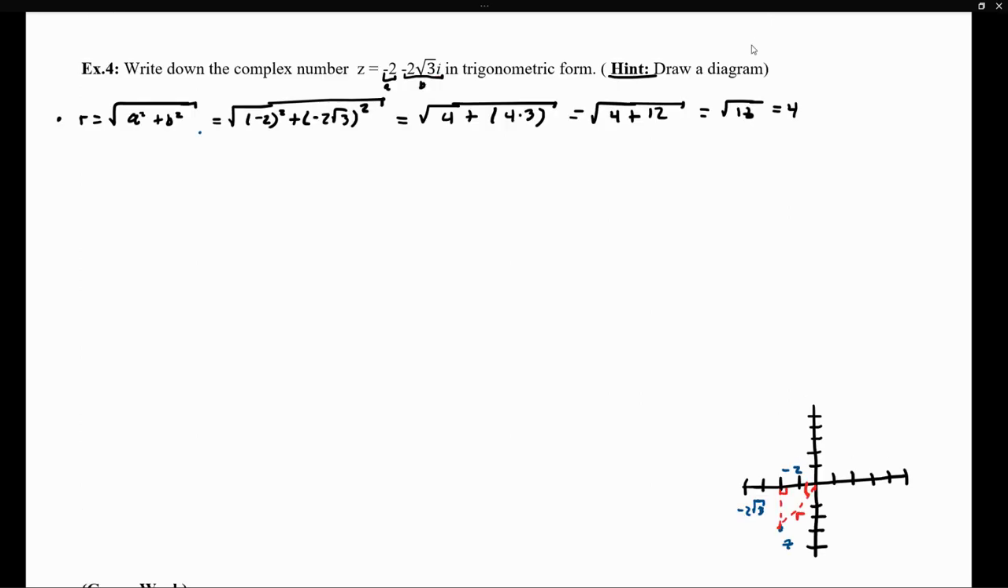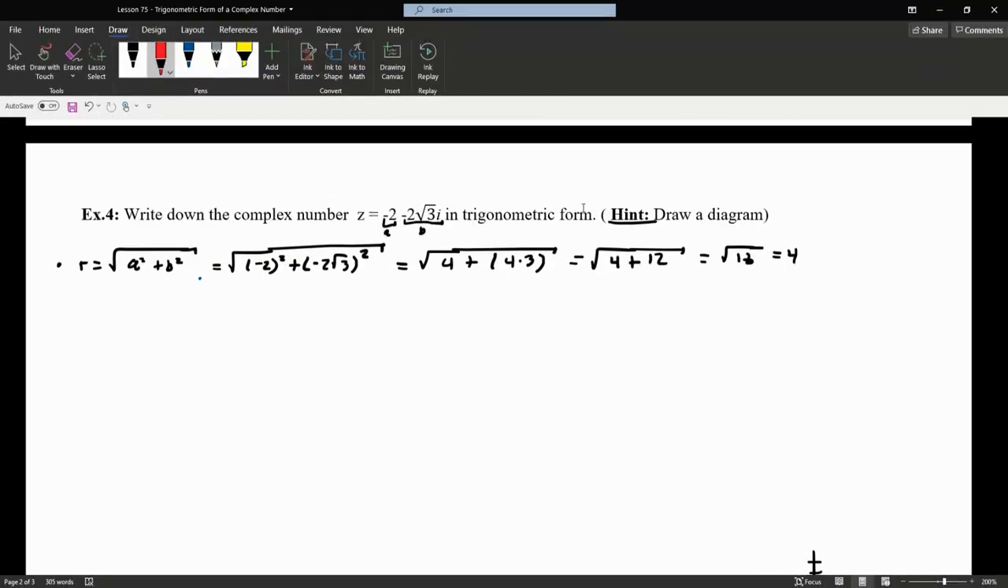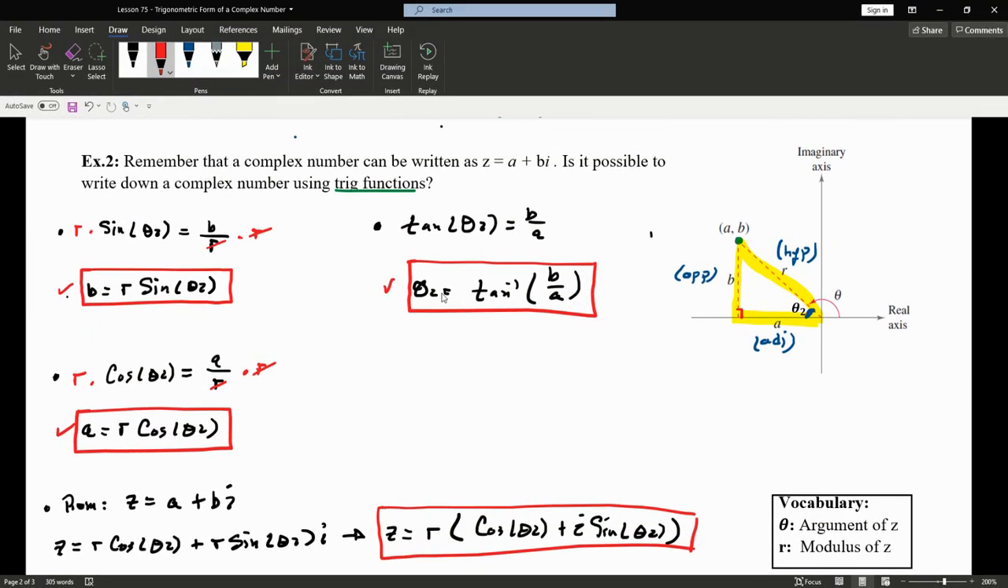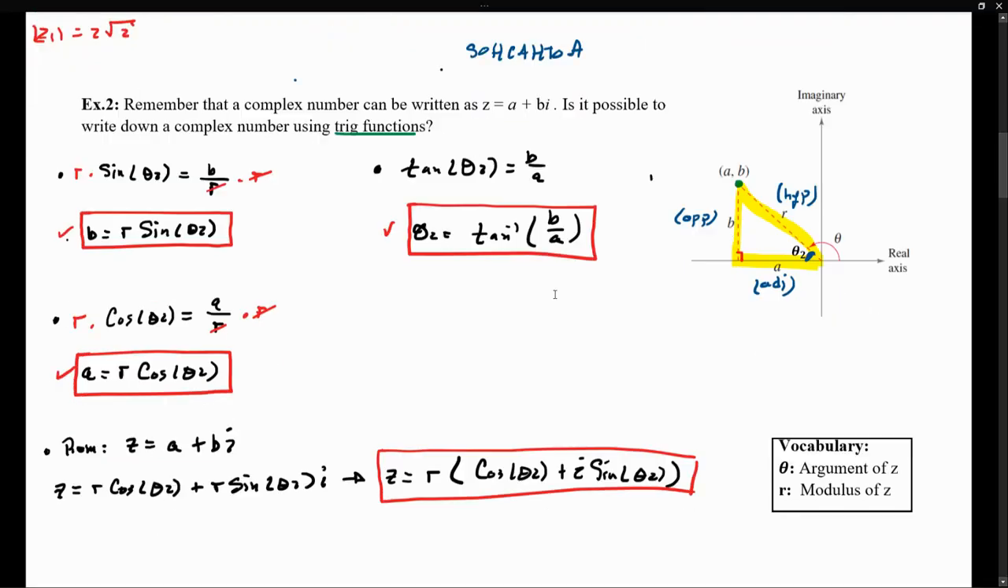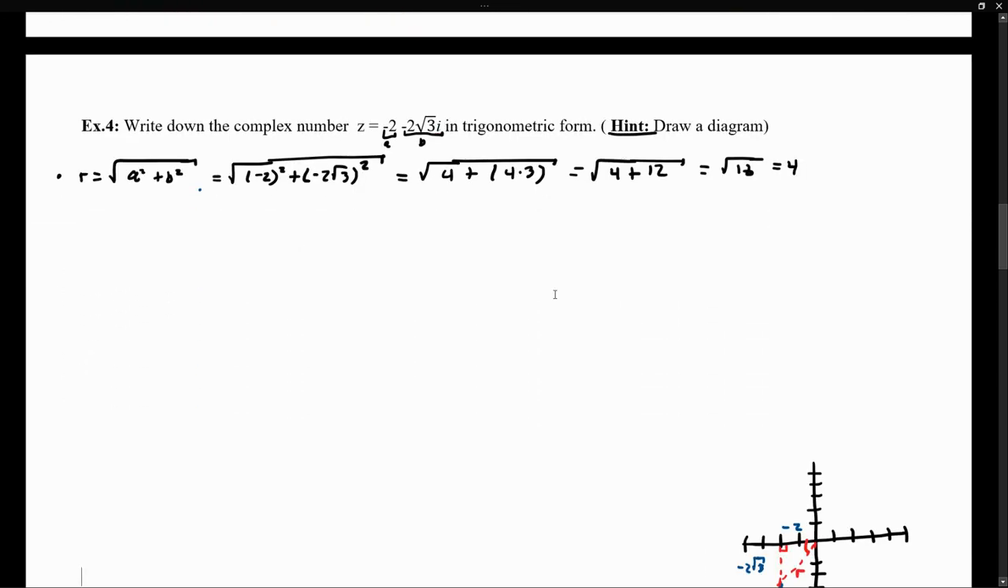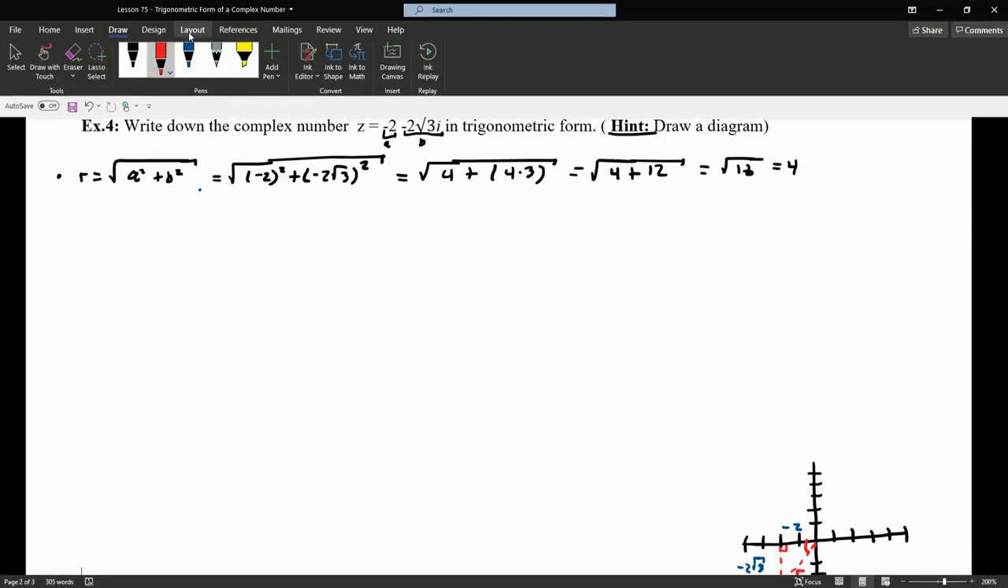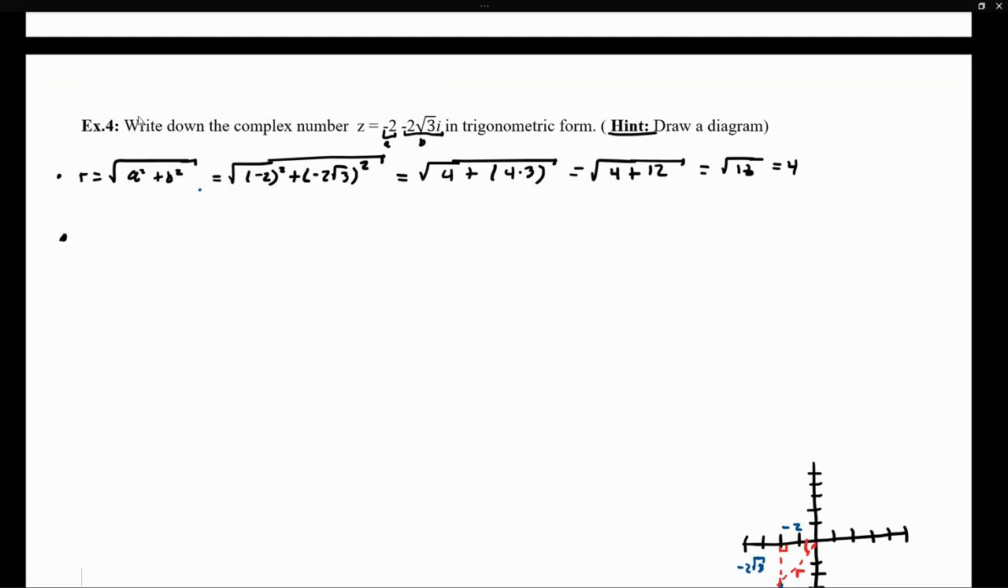So how can we define the measurement of this angle? Well, we do have a formula that we just discovered a couple minutes ago. I know that that reference angle is equivalent to the inverse of tangent of b over a. So theta 2 is going to be given to me as the inverse of tangent of b over a, where